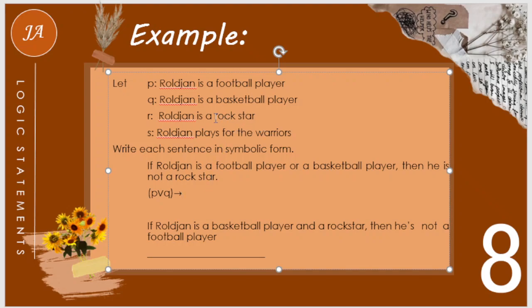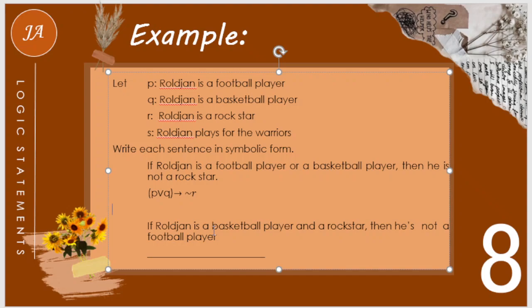So we let that one as R since it is a negation of R. So which is our symbolic form will be not R. Okay, so not R. So the symbolic form for this statement is the quantity of P or Q implies not R. Alright, so for the second one, we have here, if Roljan is a basketball player and a